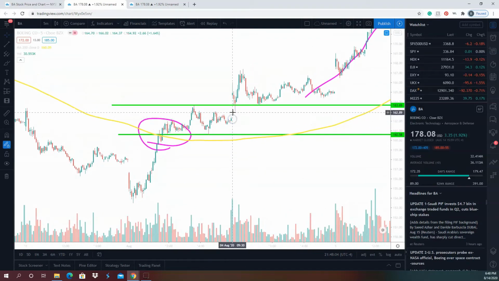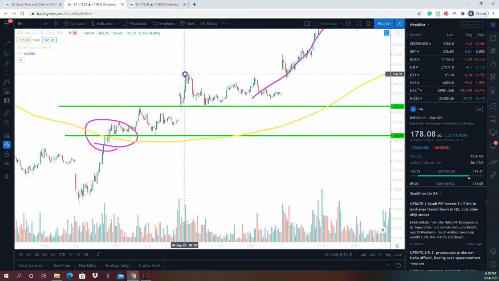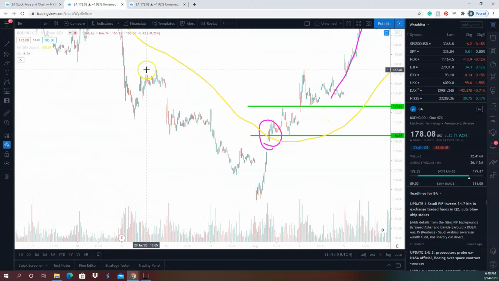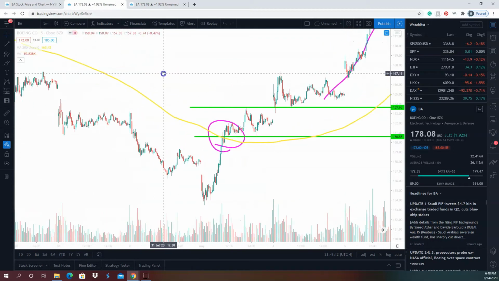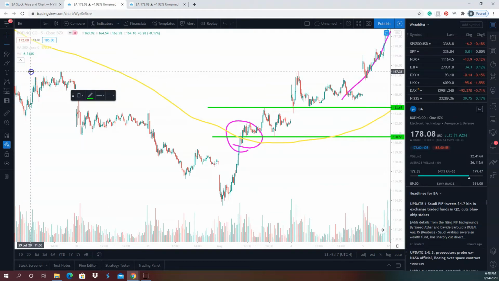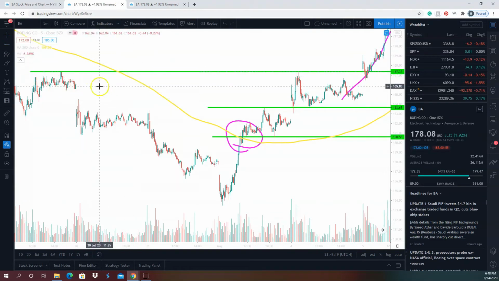What happens the next day? It gaps up. Now a good time to take your profits would be around here. Why? How do we even know? Because this is a strong resistance level back here. This is where you would know when to take your profits, because if it doesn't break this next resistance, then